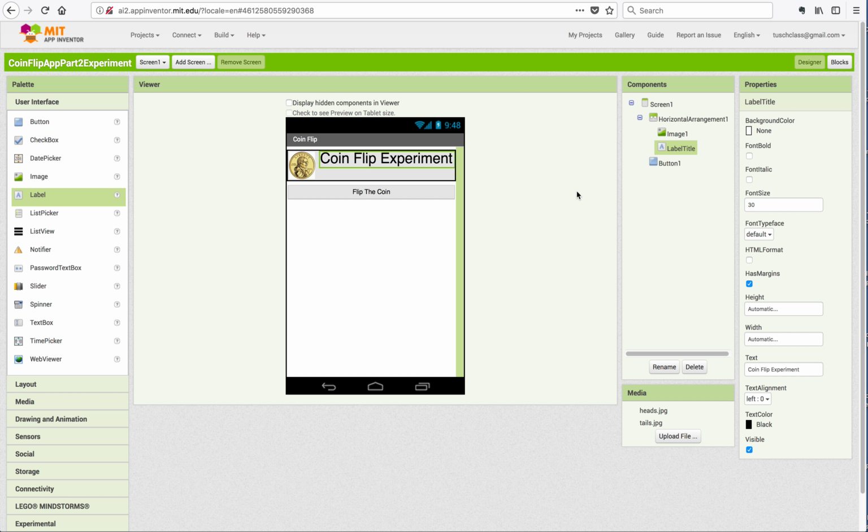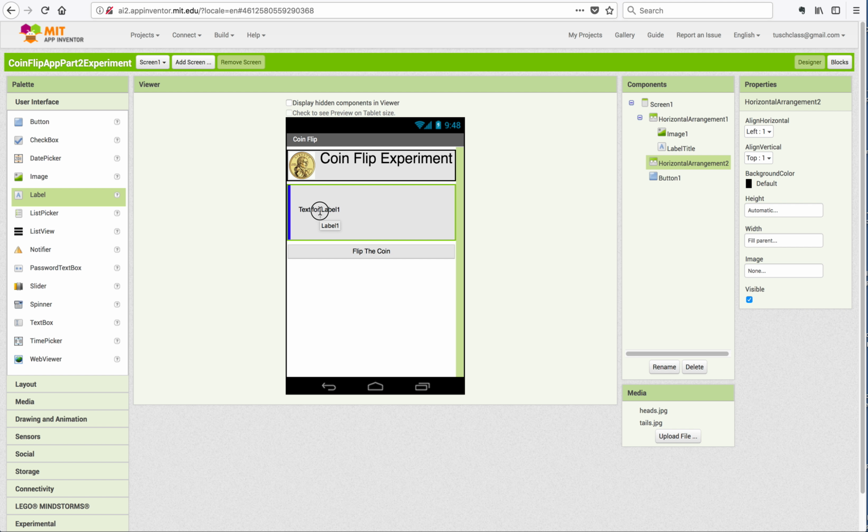Now, the next thing we've got to do is add another layout. So we're setting up a number of things here. Oftentimes you're going to want to sketch this. But what we're doing is adding another horizontal arrangement, and we're going to set the width to fill parent again so that it just fills in that. And then we're going to put a label in the second text box. So we're going to grab a label, stick it in here,